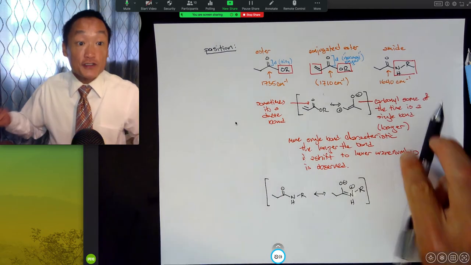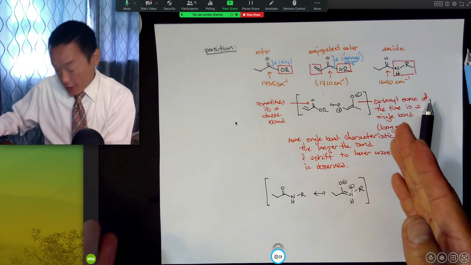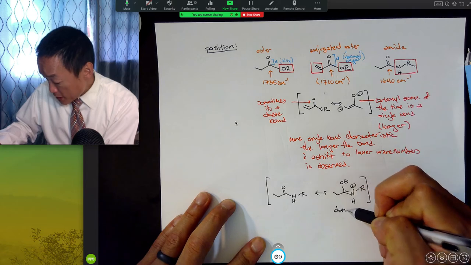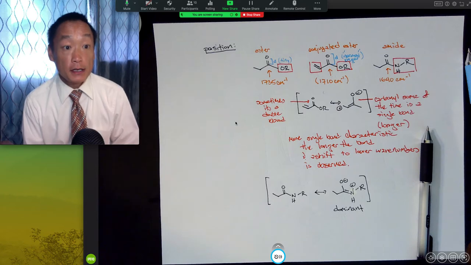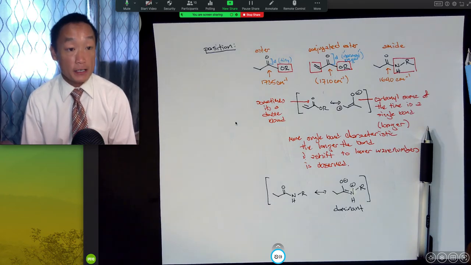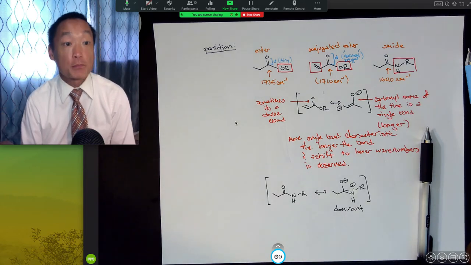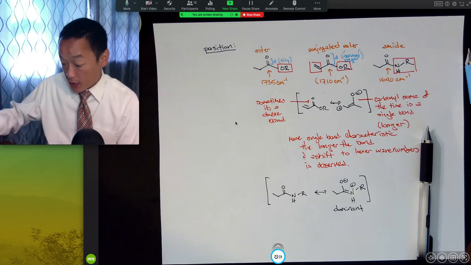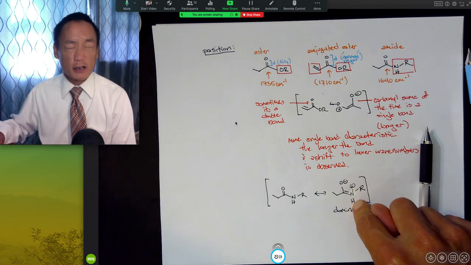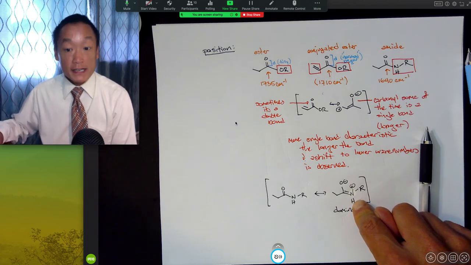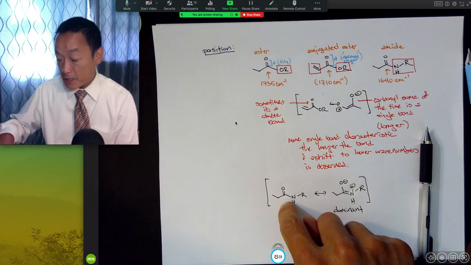If that shift in wave numbers is actually true, which it is, then that suggests that this is the dominant species. When you have an amide, that nitrogen is more likely double bonded to the carbon. More times than not, that carbon-oxygen bond has more single bond characteristic than even a conjugated system. So in an amide, if you were to open your eyes, close your eyes, open your eyes, 9 times out of 10, you're going to see the resonance form that is this over this, because you see a huge